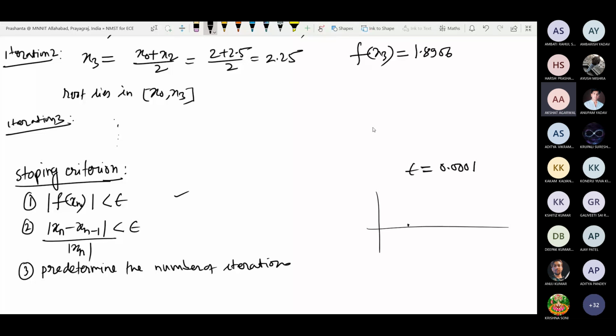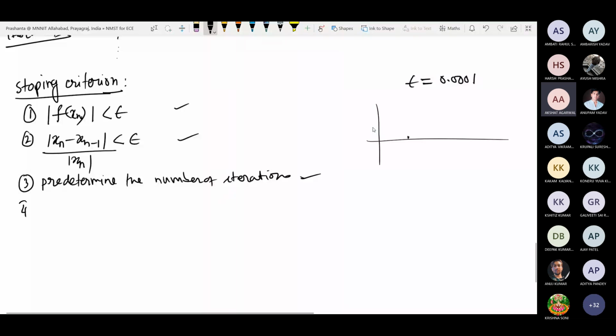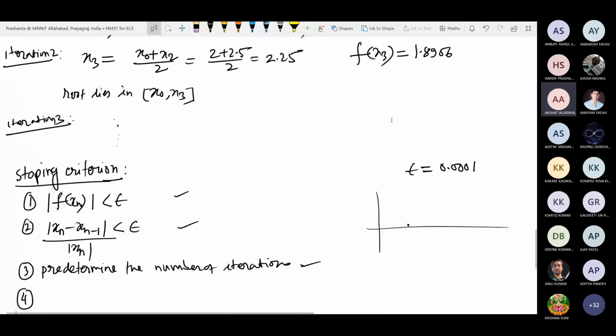These criteria will work for all the methods which we are going to study, and the last one which I am going to write will work only for this particular method, the bisection method. So first you tell me, in each iteration what are we doing? If in the first iteration the length of the interval is L, what is the length of the interval in the next iteration which contains the root? Sir, L by 2. L by 2. And in the next iteration? Sir, L by 4.